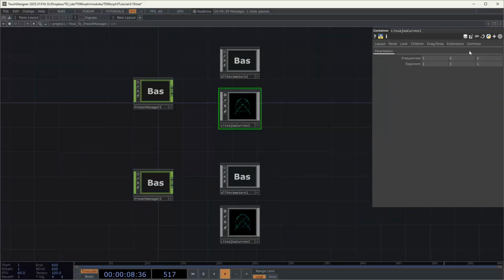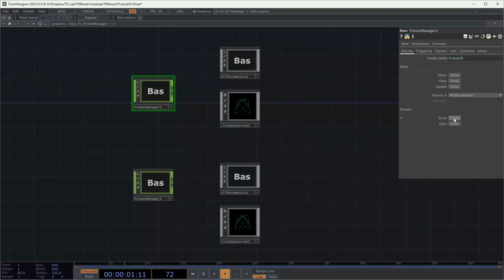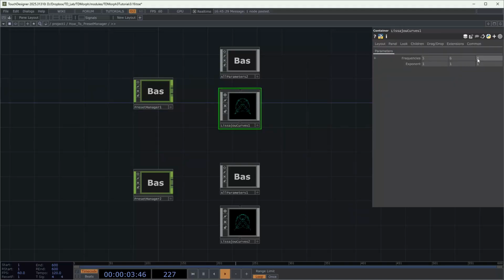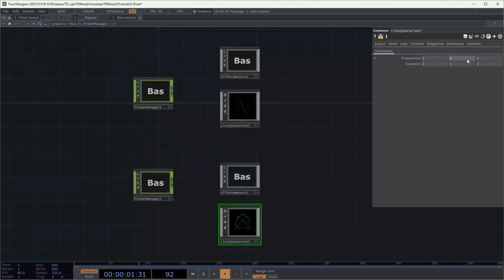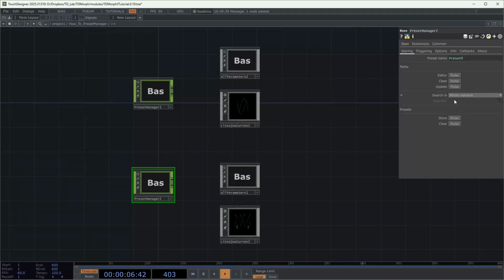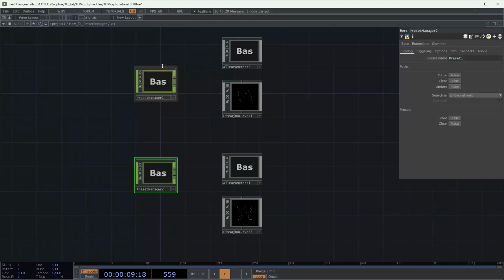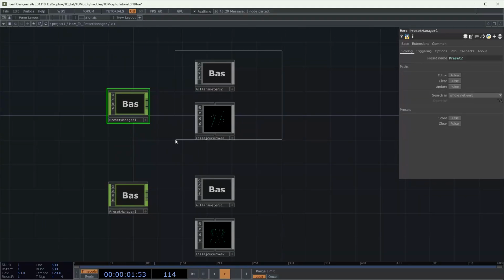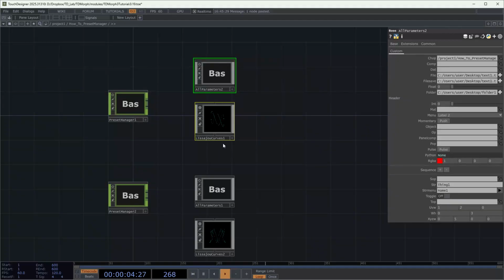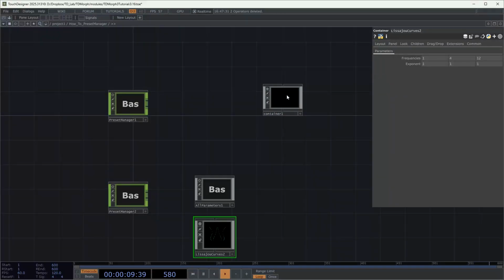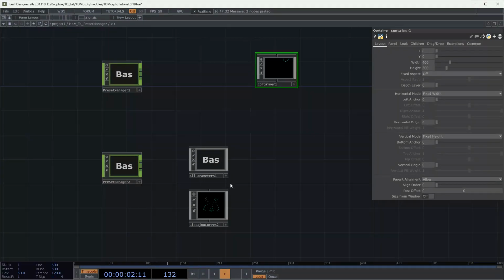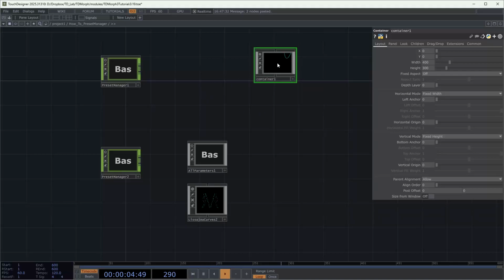So now what I'm going to do, let's store some presets here. Store one preset. Let's move something around. Store another preset. And here, let's do the same. Maybe let's do something like 1, 12, and store. Okay, so this one, if I moved something to another location, for example, here, I'm going to make a container again, and I'm going to move these two, and I leave this one over here,